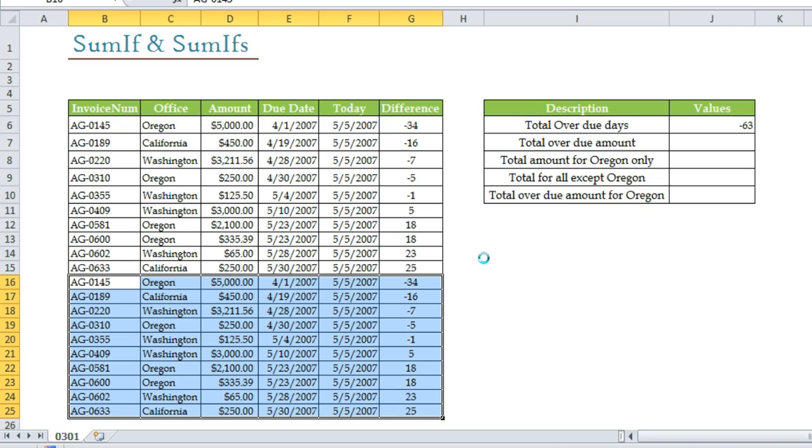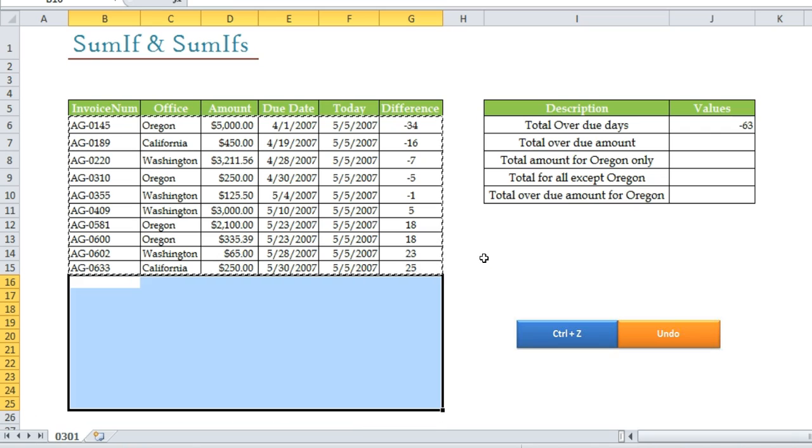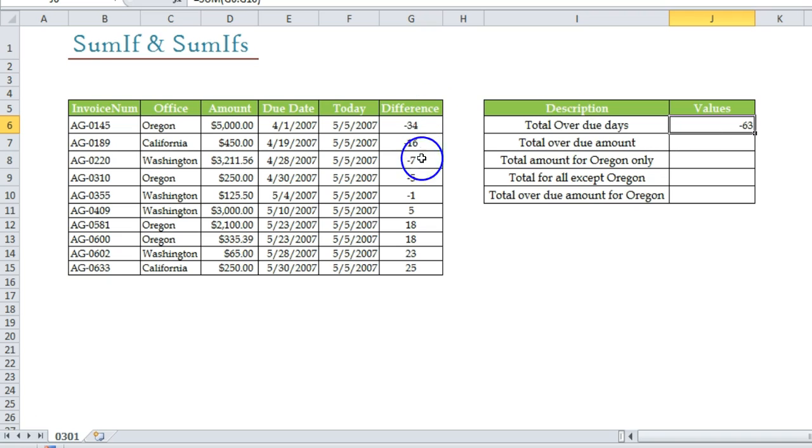So talking about the conditions basically. Whenever you work, you always face a condition. That is the most common part in everybody's life. So here we are going to talk about that. We need the sum on the basis of a condition, and the condition over here is all the negative numbers. Now let me undo this and go back to the previous data, this one, and let's do this. We need the sum of all the negative numbers. So we need a formula that will calculate the sum on the basis of a condition.